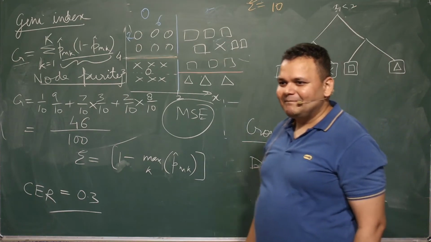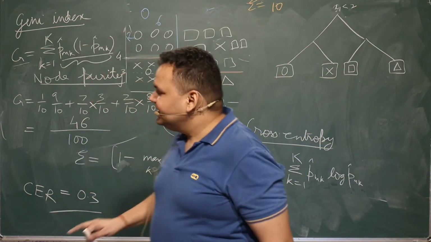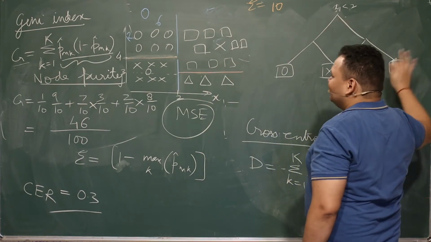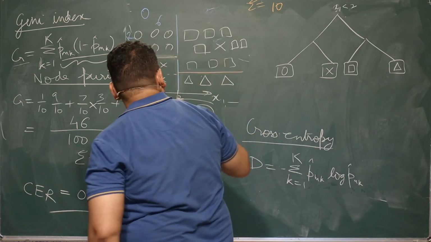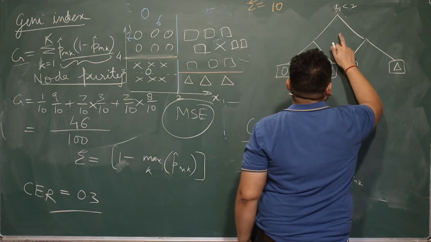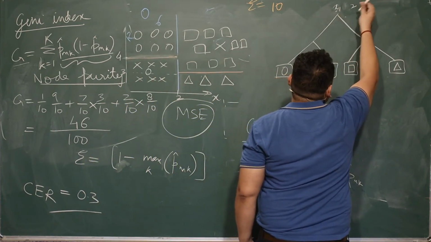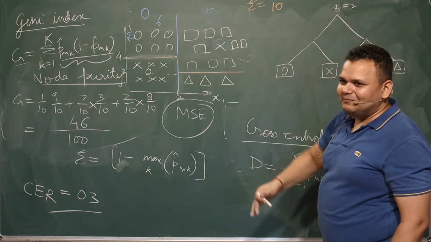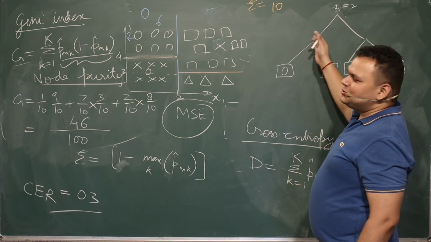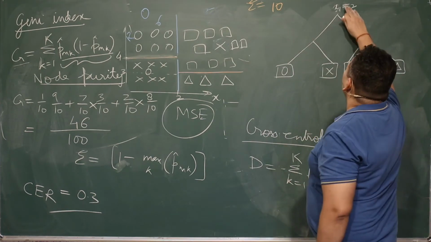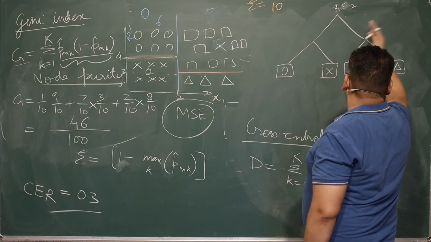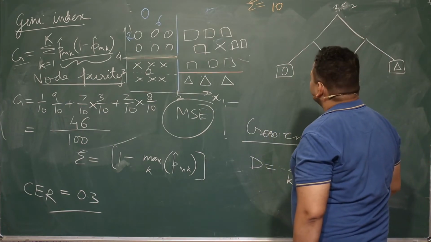Is that all right? Yes, sir. If x1 is less than 2, then you should move to this branch, and if x1 is greater than 2, then you should move to this branch. Okay, that is the basic rule. Sometimes you also use equal to 2. It is automatically understood that x1 equal to 2 is your boundary, and less than 2 you go on this side, and greater than 2 you go on this side. But anyway, let us use this for now. If x1 is less than 2, you move to the left hand side, and if x1 is greater than 2 you move to the right hand side.